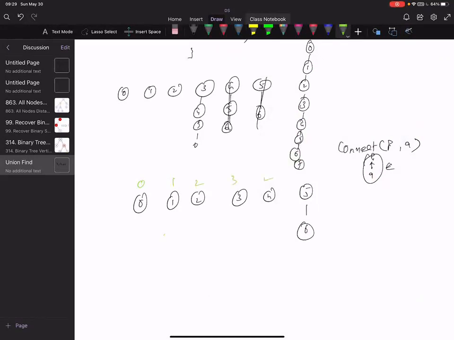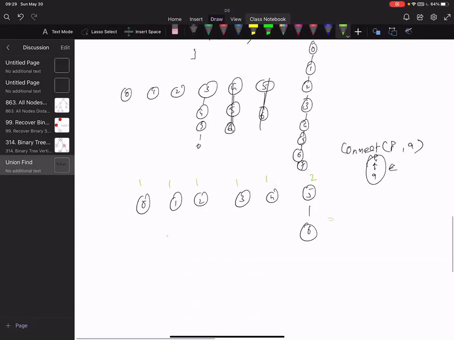Oh, my mistake. All sizes are 1, and here the size is 2 because there are 2 components connected. Now, when I connect 4 to 5, I have 2 choices. I can have 4, 5, and 6, or I can have 5, 4, and 6. Which one is better?